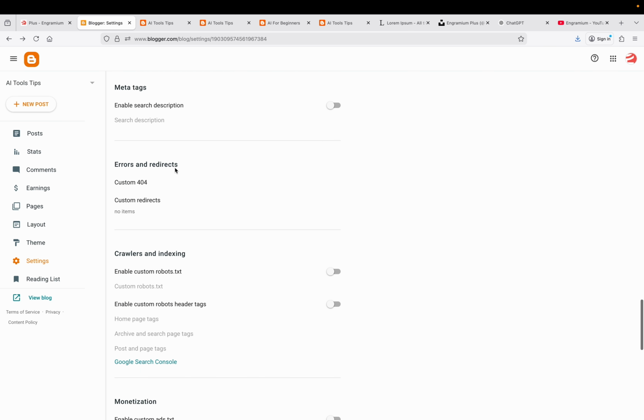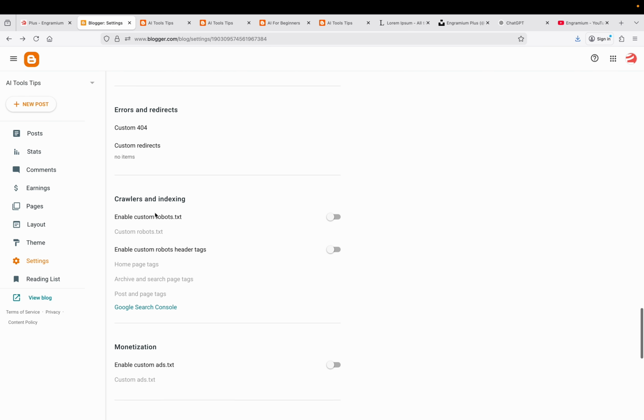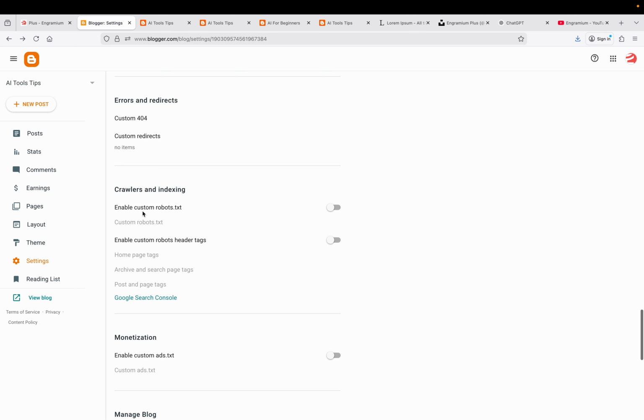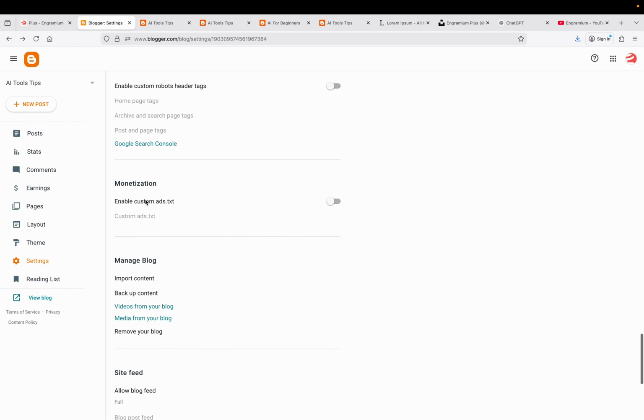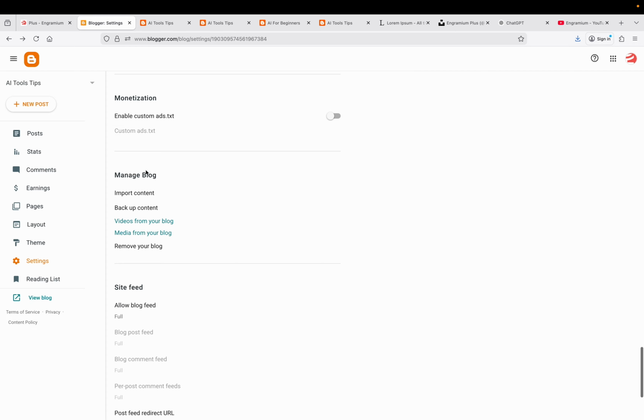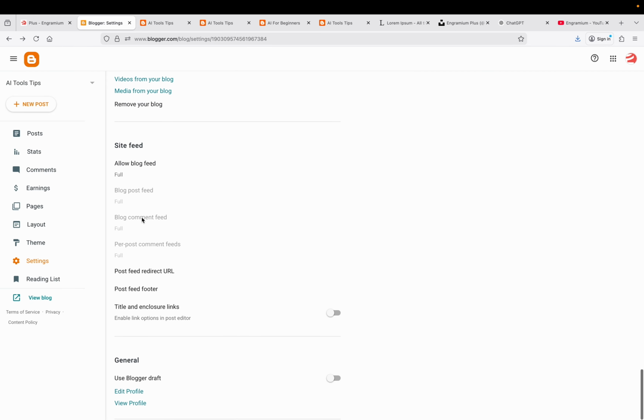After that, we will have the privacy option, publishing, HTTP, permissions, post, comments, emails, formatting, meta tags, errors and redirects. We have the option for crawling and indexing. You can enable custom robots.txt. We have the option for monetization. We have the option to manage blog, site feed, and general. So these settings improve SEO and monetization potential. This is how easy it is to create a website on blogger.com, and we have explored all the basic settings we need. Let's visit the blog,